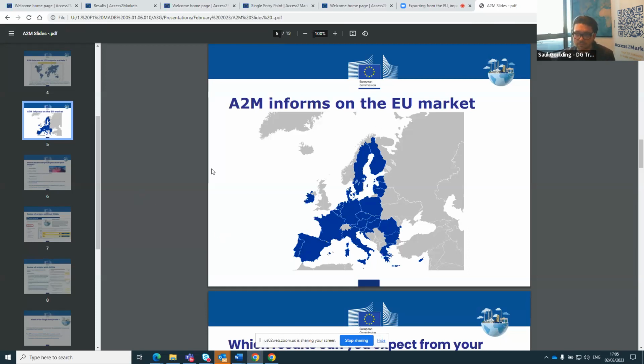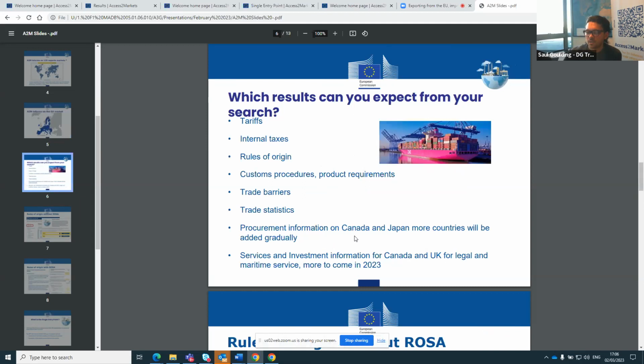So what does it inform you on? It gives you an overview of our EU market. As you know, there are a number of member states, and you'll see how to individually choose the member state for which you are concerned. And you will even see the information down to the VAT rate on the imported products that will be applicable. You'll even see the name and address for the standardization offices, should you need anything on standardization, and to that level of detail you'll find.